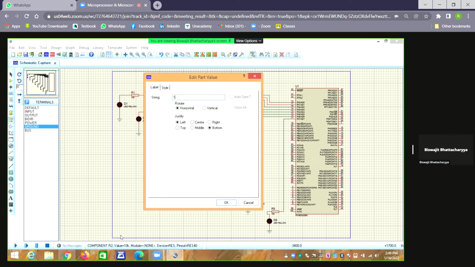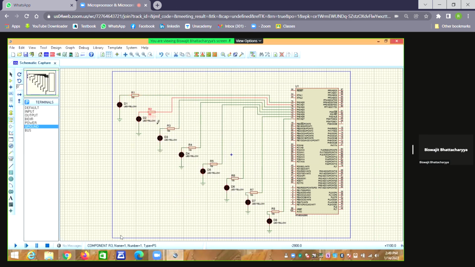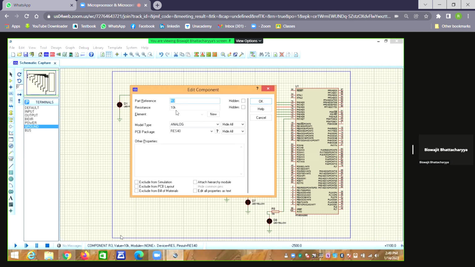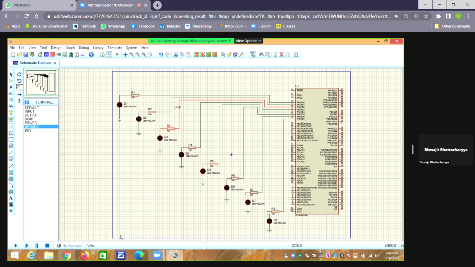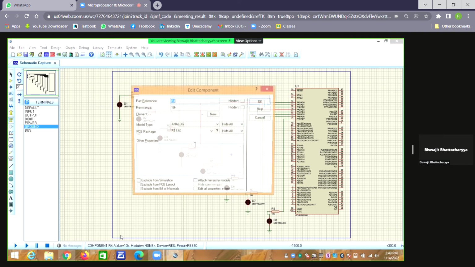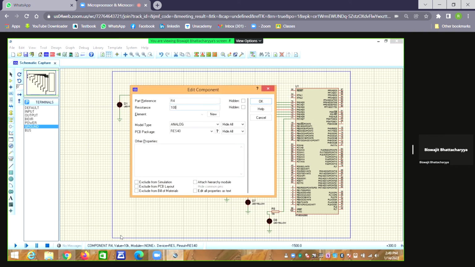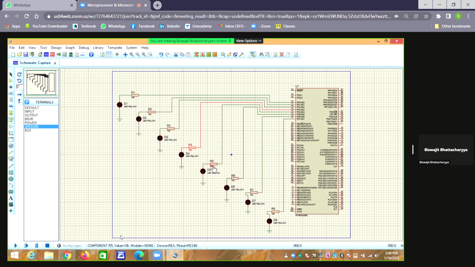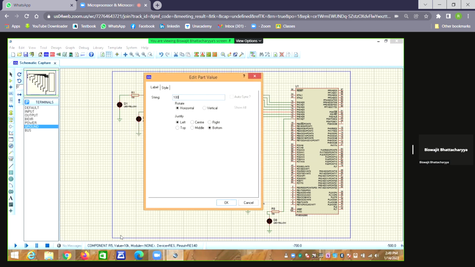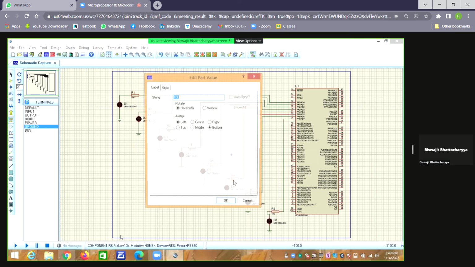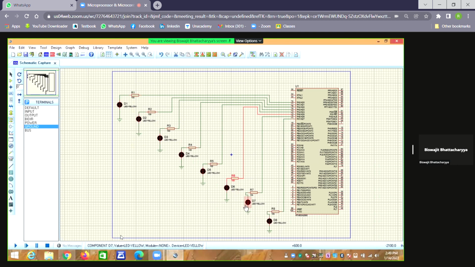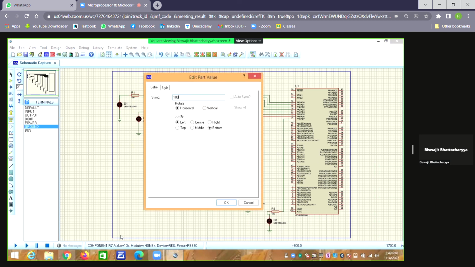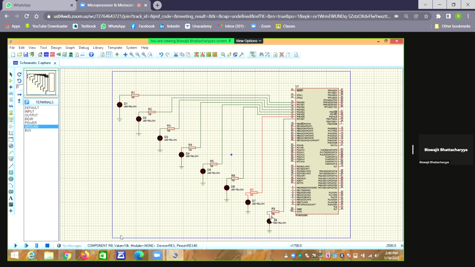You can click just on the value. But if you don't click on the value and you click just on the component, no problem. Then you'll also get the values in a different type of window. So you have to make a change here. Don't worry, things are the same. Either you can click on the square shaped component, or you can click on the value itself. Okay, so I'm clicking again on the value, so just 100. So again, the last one.